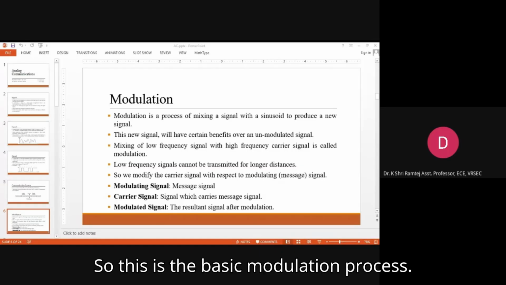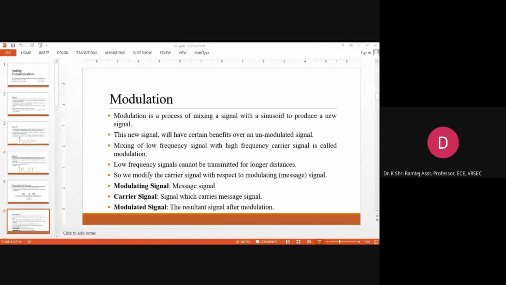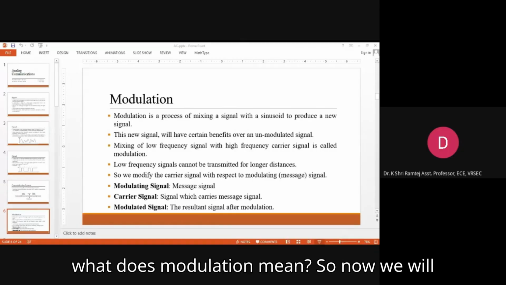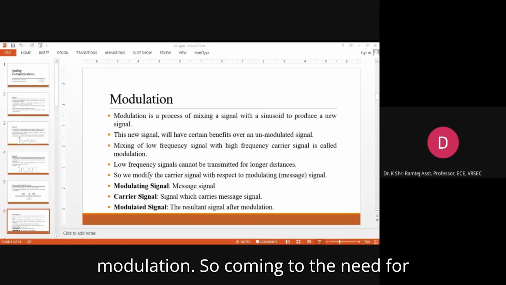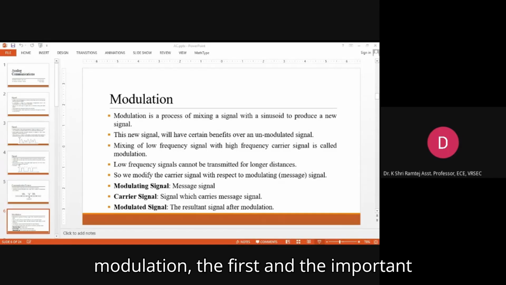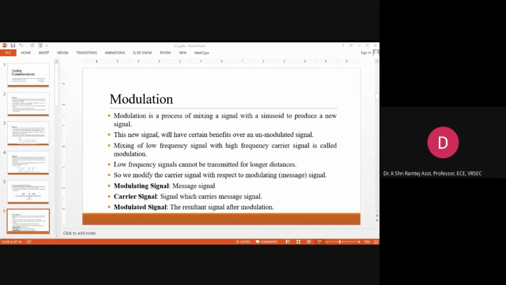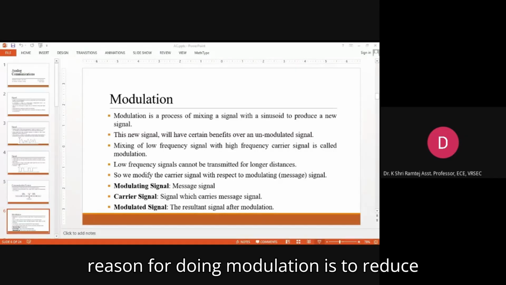So this is the basic modulation process. As we have seen what modulation means, now we will see the reasons for doing this modulation. So coming to the need for modulation, the first and the important reason for doing modulation is to reduce the